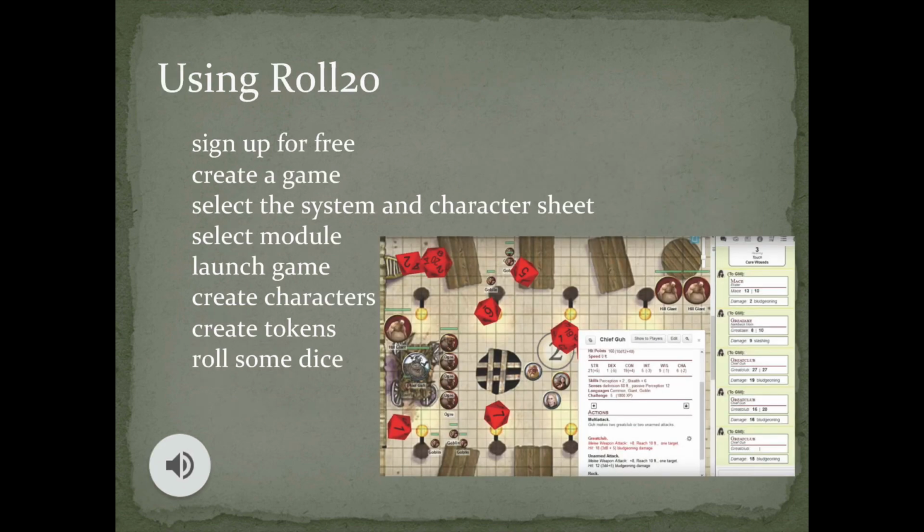To begin using Roll20, there are a few steps. First, you'll need to create an account with them. The sign-up is free, and it's your basic contact info. Once you do, and you're going to be the game master, the one creating the game, you will have to go to the Create a Game option on the front page of the site. From there, you'll have to select what system you want to play. If you're choosing to play 5th edition, what we've talked about here, you'll select D&D 5th edition.